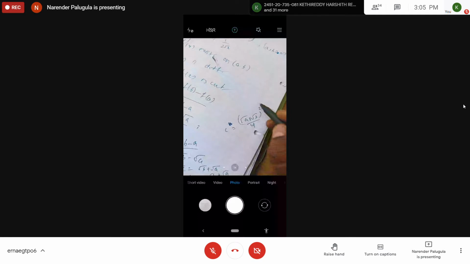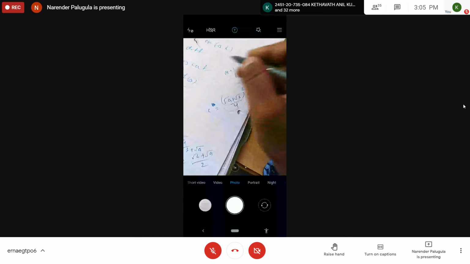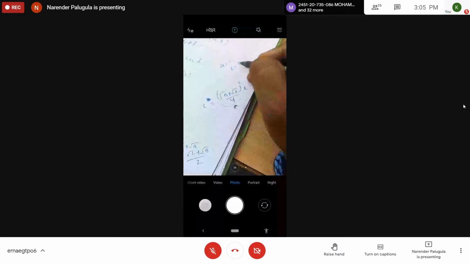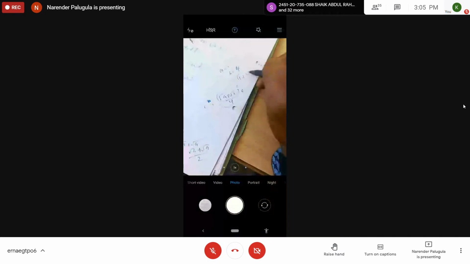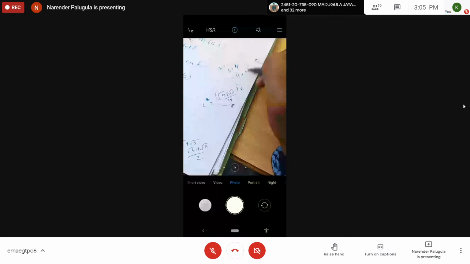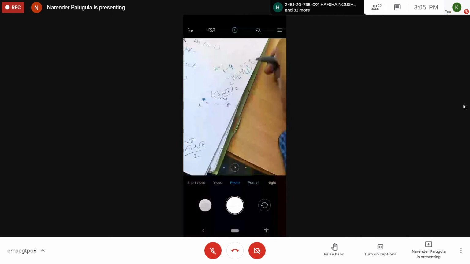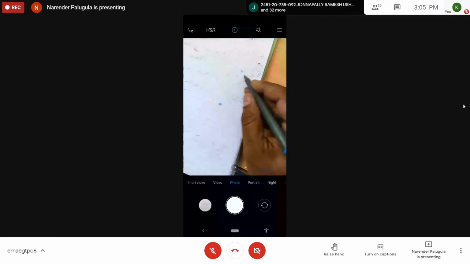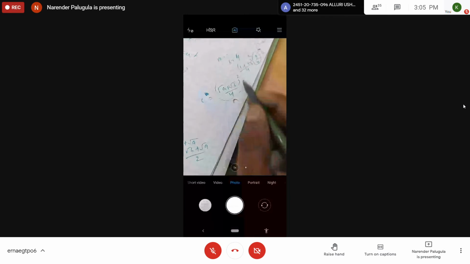Suppose I choose a is equal to 1 and b is equal to 4. Let us check whether this quantity belongs to the interval (a, b). See, root 1 plus root 4, which is 1 plus 2, whole square by 4. So this is 3 squared by 4, which is 9 by 4, that is 2.25. So 2.25 lies between 1 and 4. Whatever numbers you choose for a and b, definitely this quantity lies in that interval.